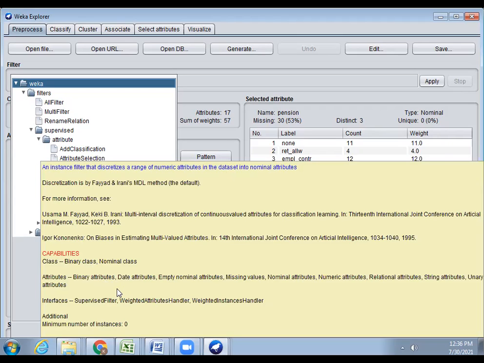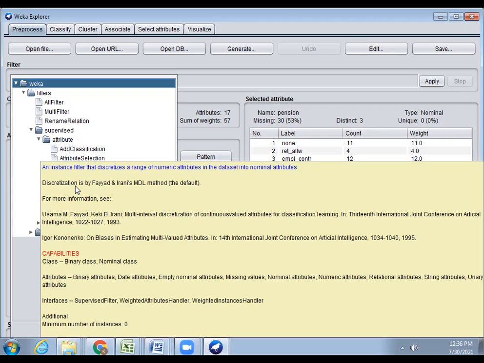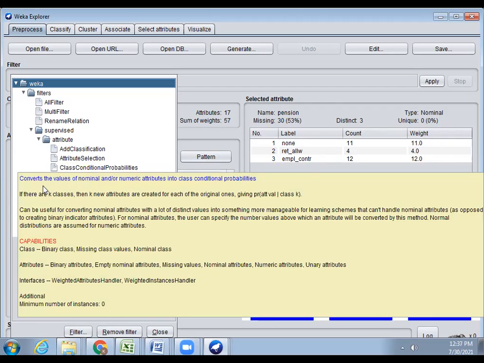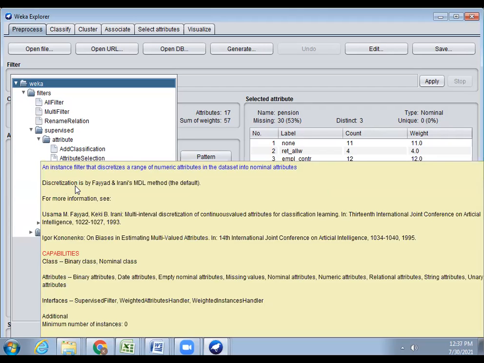And the interfaces are supervised filter, weighted attribute handler, and weighted instance handler. These categories will be maintained for the database during pre-processing. So it is very useful to match the pre-processing task with the required data set.